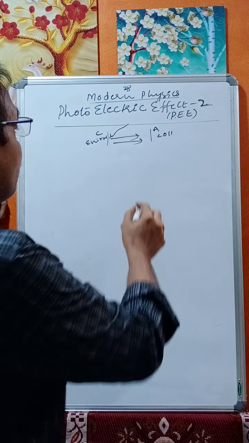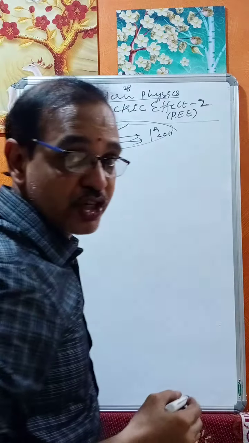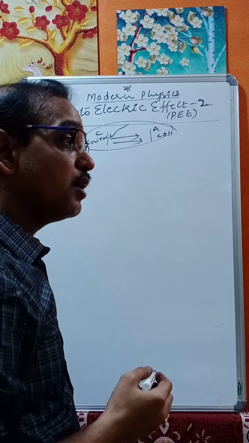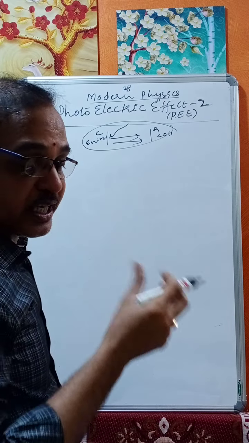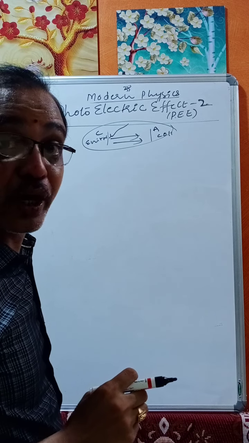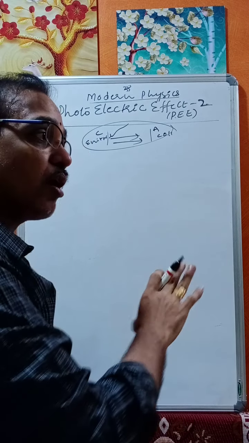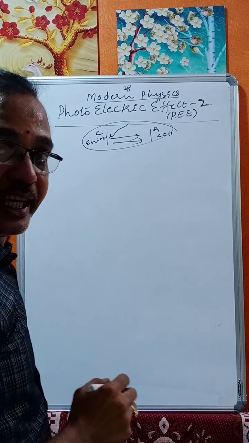Now let us see, we can put all this in the form of an equation. Also we discussed what is stopping potential. Stopping potential is the negative potential at the collector or anode, which just stops the electrons from reaching the collector, or gives a zero reading in the galvanometer or current meter or ammeter. Now we can put this in the form of an equation.